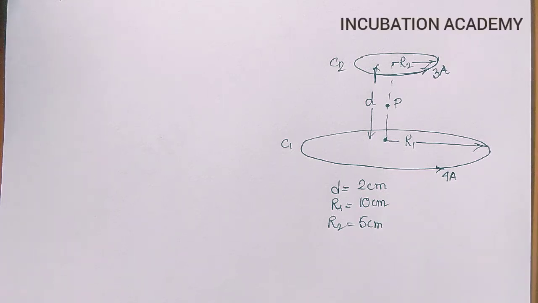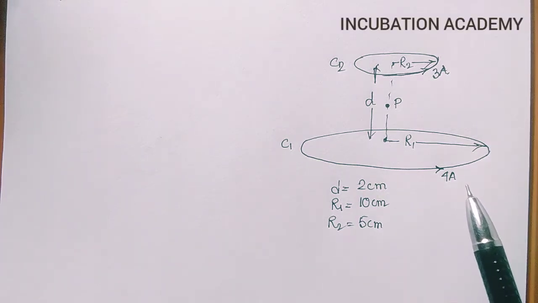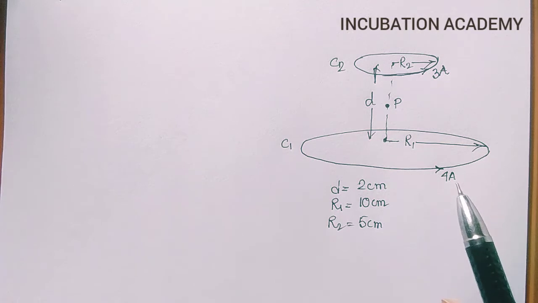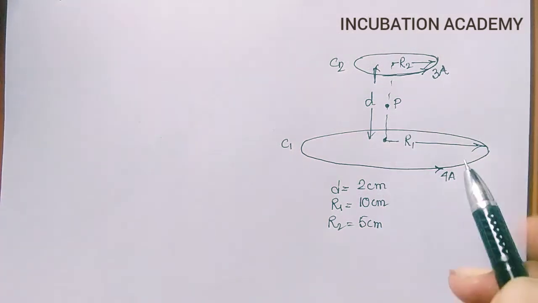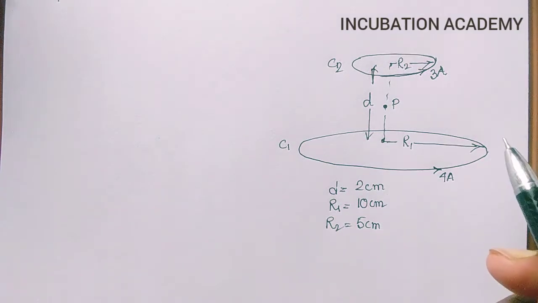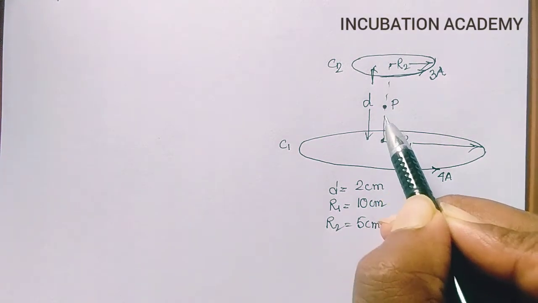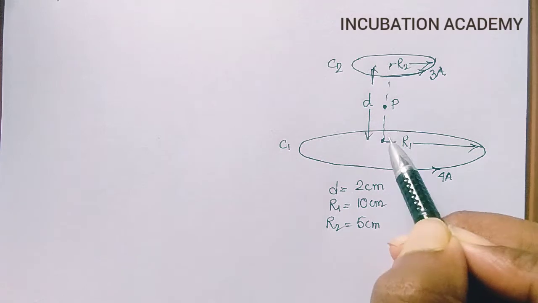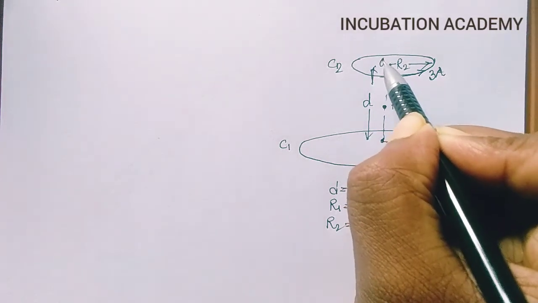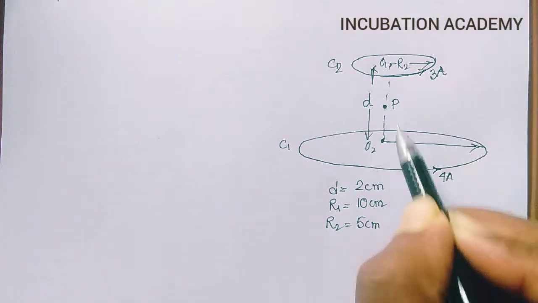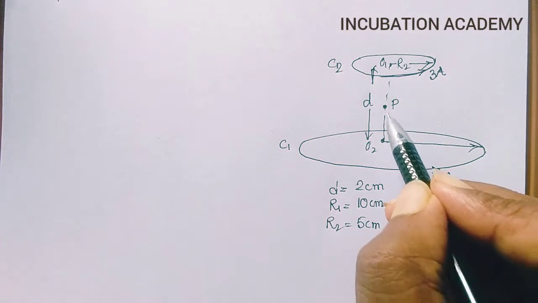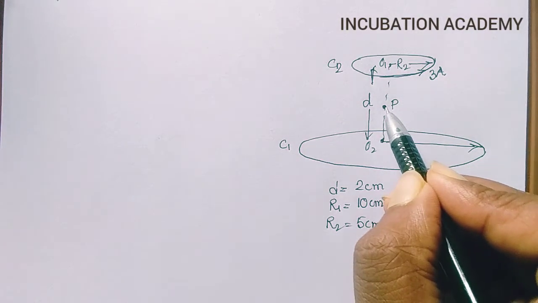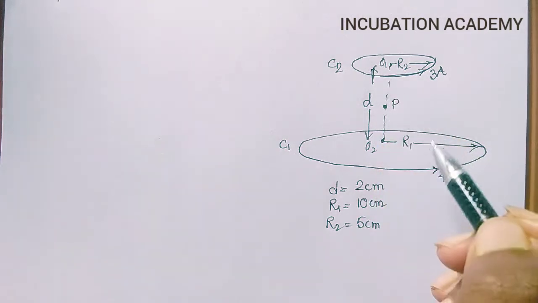Welcome everyone. So we are going to find the magnetic field due to the two coaxial coils, but now the point of observation, that is where we are going to find out the magnetic field, is at the point P, and here P is the midpoint. We can say if it is O1 and O2, then P is the midpoint of O1 and O2. So we can say D is 2 centimeters. From here to here it is 1 centimeter, and from here to here it is 1 centimeter.